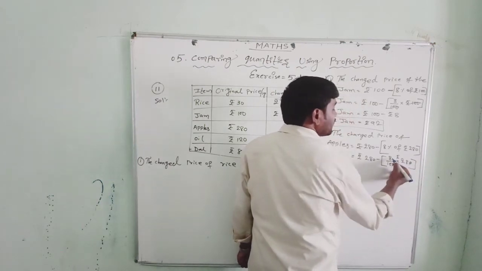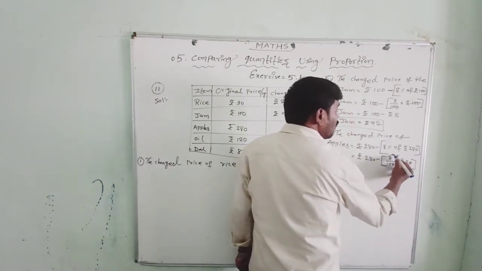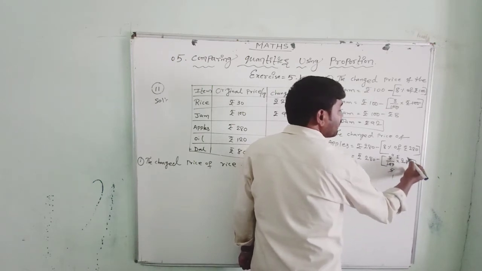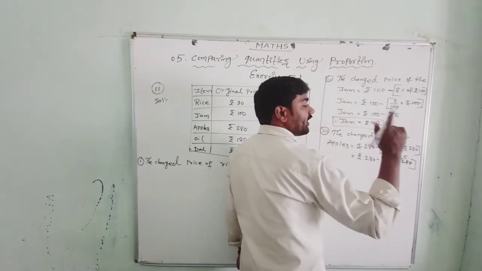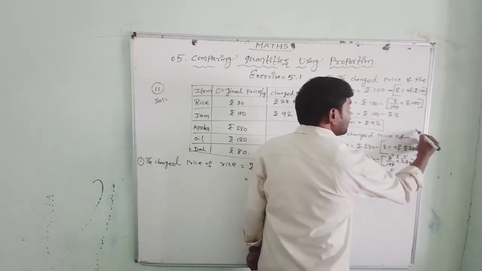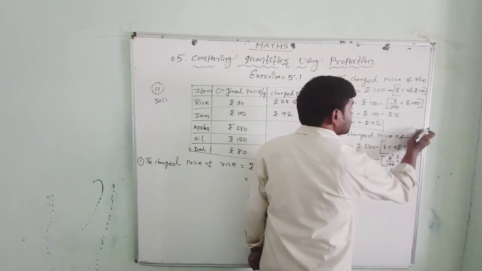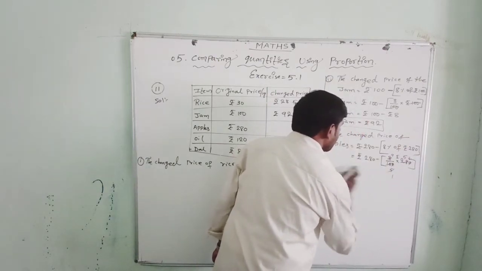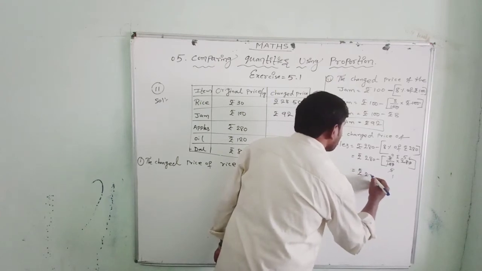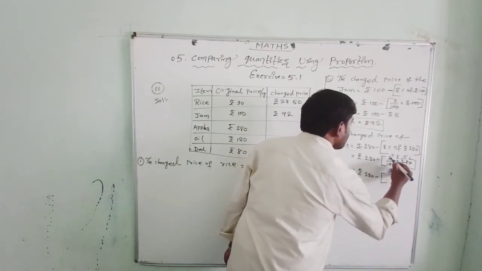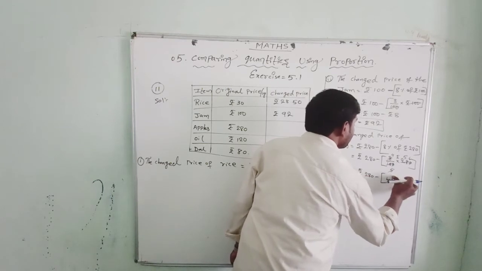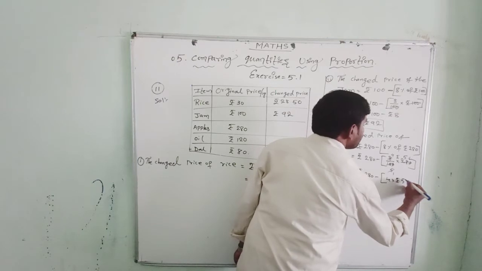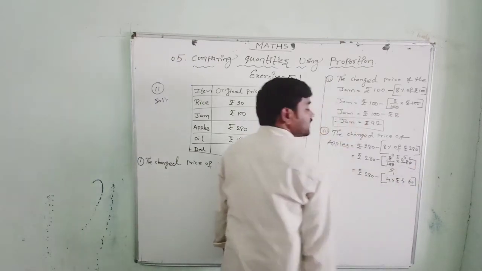10 and 10 will cancel. Here 2 fours are 8, 2 fives are 10. Here 5 ones are 5. 5 fives are 25. So 3 left. 3 becoming 30. 5 sixes are 30. So we get rupees, here we can write rupees 280 minus 4 into rupees 5.60 paisa. 6 is nothing but 60 paisa.